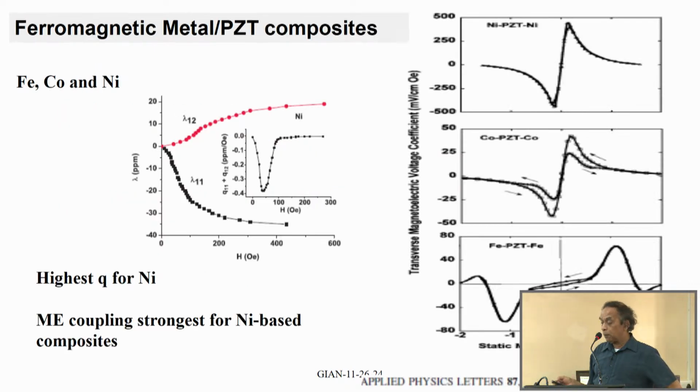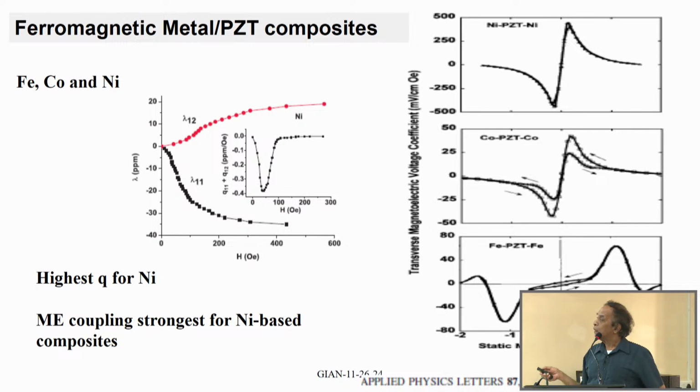Okay, so as you know, among the 3D transition metals, nickel has the highest magnetostriction and the highest piezomagnetic coefficient. As you see here, it has negative magnetostriction parallel to the applied magnetic field. In the perpendicular direction, it is positive, about 1/2 of lambda 11. And the Q value for in-plane magnetic fields, you want to find out Q11 plus Q12. This is the slope of lambda versus H, which is Q11 plus Q12 as a function of the static magnetic